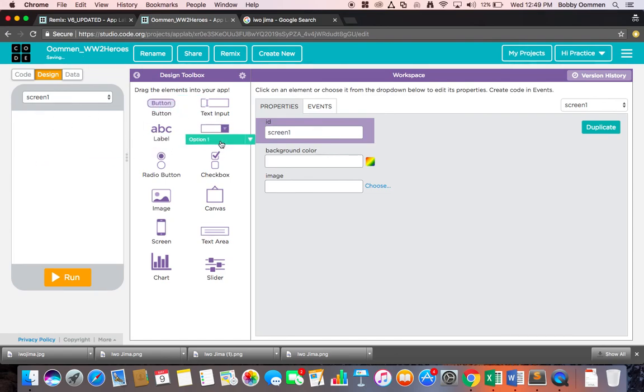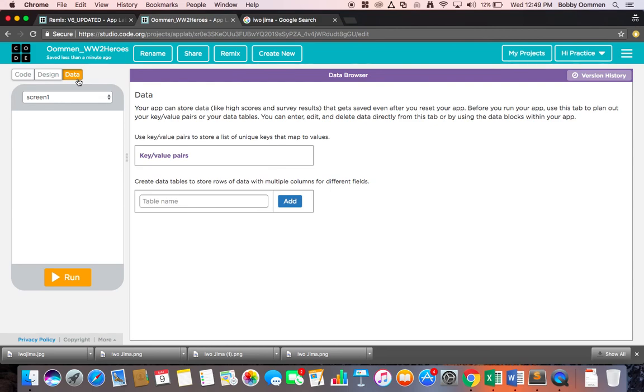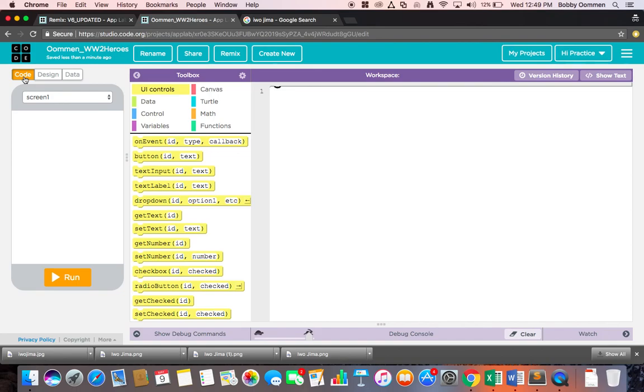I can drag whichever elements over, and each element has a different workspace that shows up. And last but not least, there's a Data tab. And the Data tab you're not going to work with very much until the pie chart itself. So you can just leave this, we can ignore it for now. Since we're beginning on the home page and we're not adding any code in yet, we're going to start with